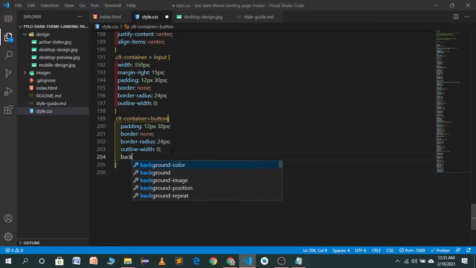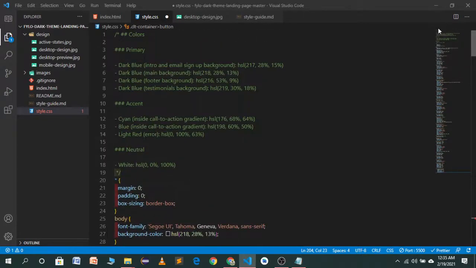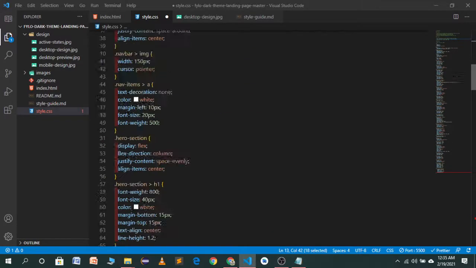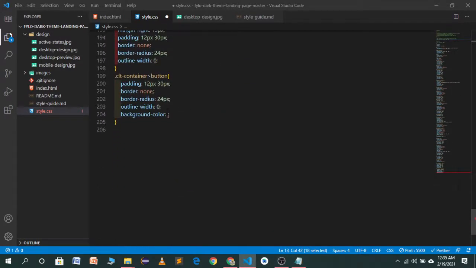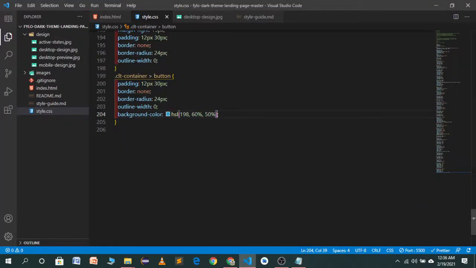background color of blue. As you will see, here is a blue color. I will copy this one and paste it here. So now you will see this, it's looking good, but we want a color to be white.